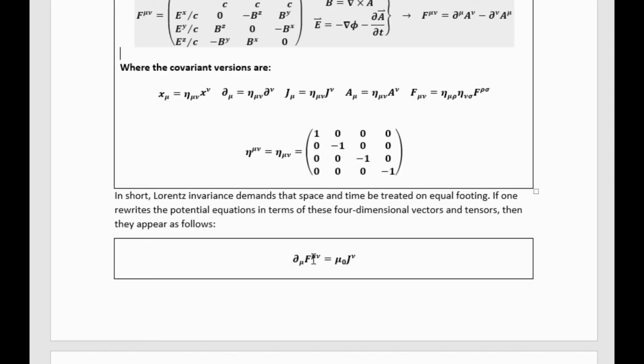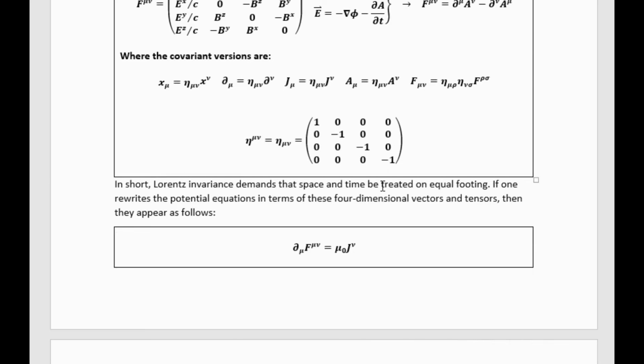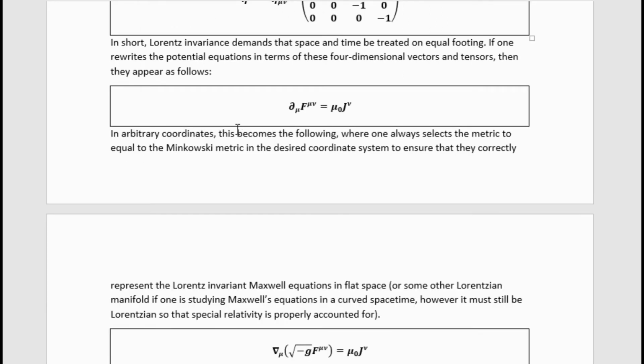So if we make the statement of the inhomogeneous equations in terms of the Faraday tensor and then state that the Faraday tensor has this formula, we have all the same information present. In arbitrary coordinates, this becomes the following, written down here, where one always selects the metric to be equal to the Minkowski metric in the desired coordinate system to ensure that they correctly represent the Lorentz invariant Maxwell equations in